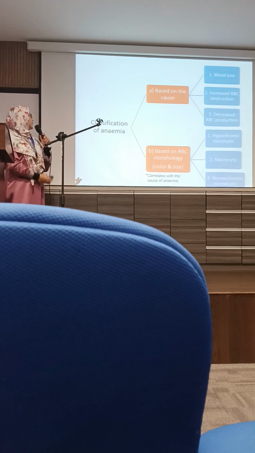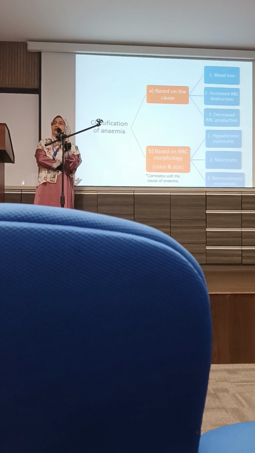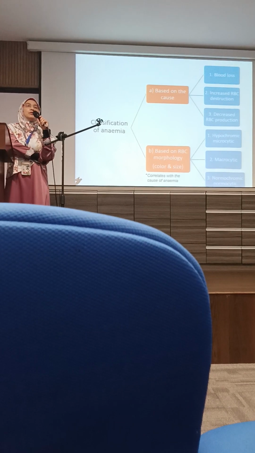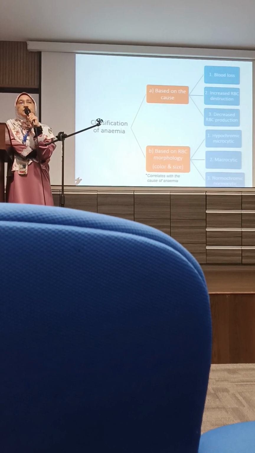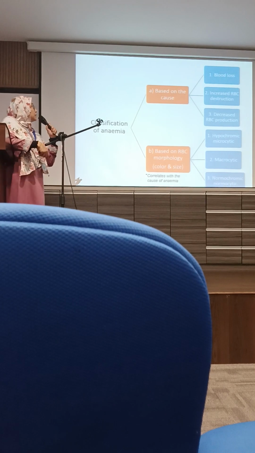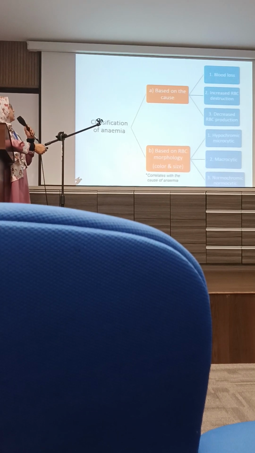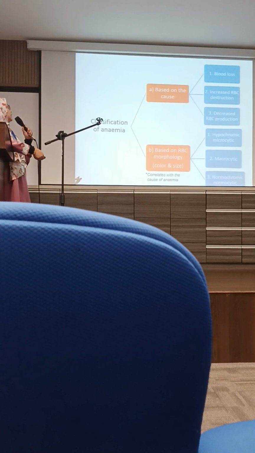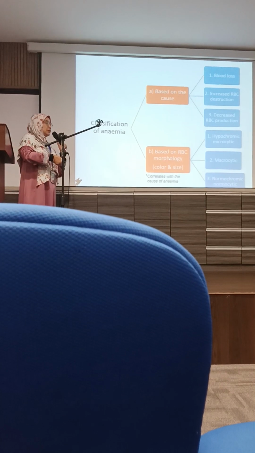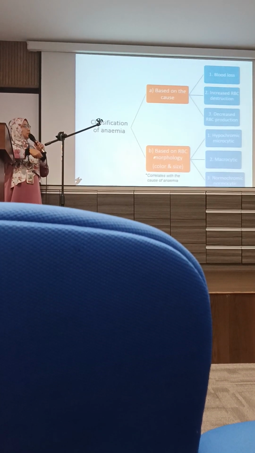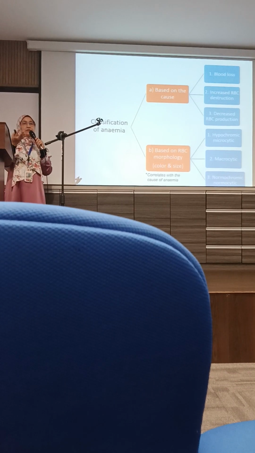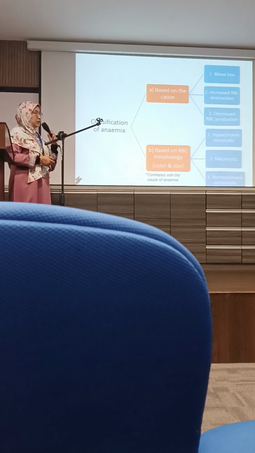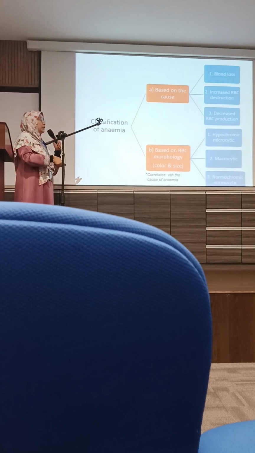Okay, now the classification of anemia. You can classify anemia based on the cause or based on the morphology of the red cells. Yeah? So if you look at the cause of anemia, you can classify it into anemia due to blood loss, anemia due to increased red cell destruction, or due to decreased red cell production. Yeah? And you can also classify based on the morphology. Usually in clinical practice we will use this classification. Because you do a blood film, you can straight away classify based on the morphology, and it correlates to the cause